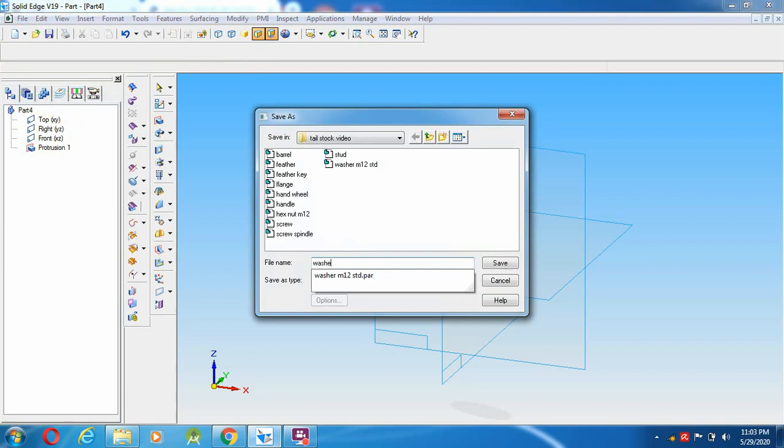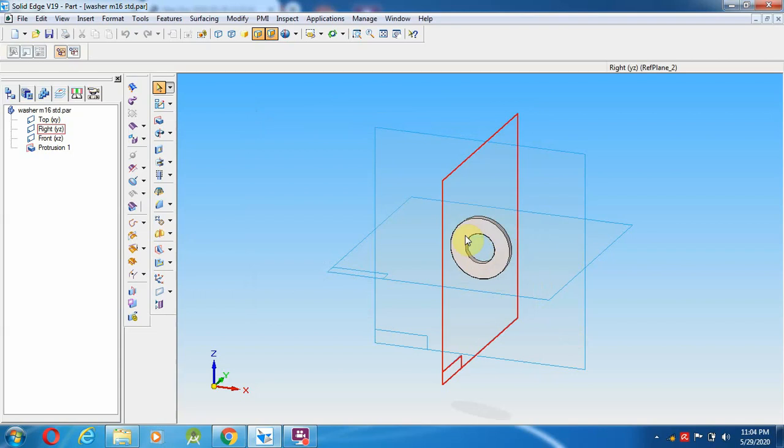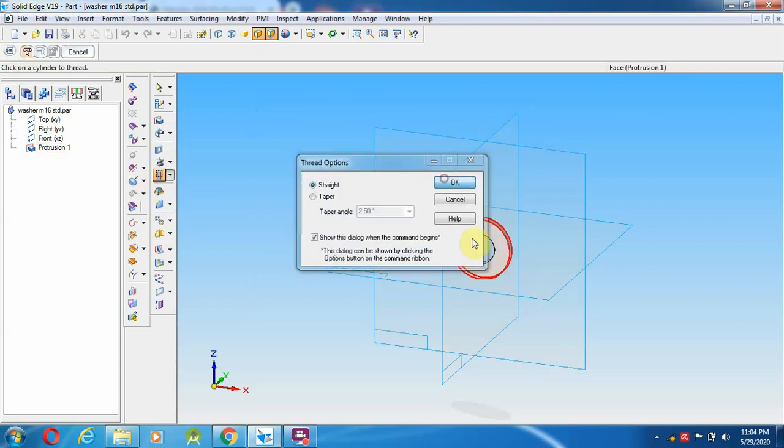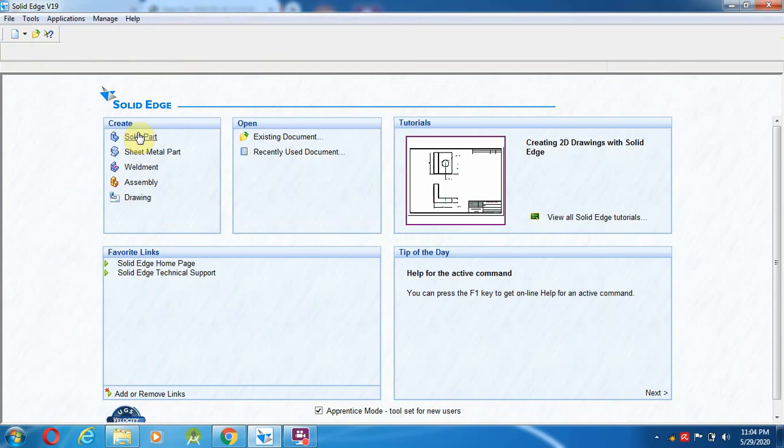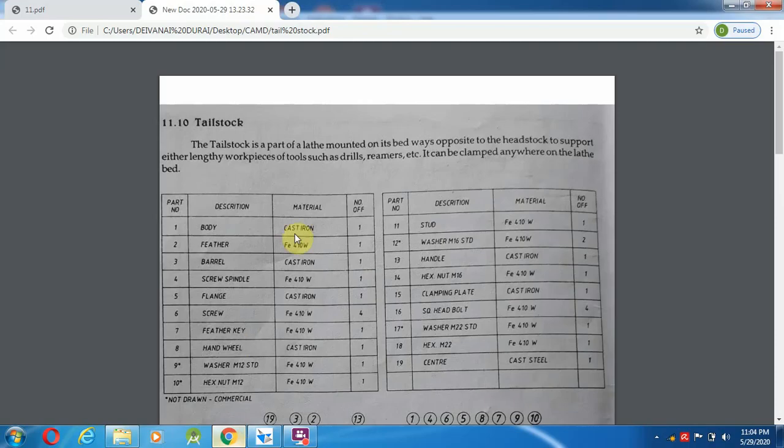Okay, search here washer M16 STD. So save this, and this is M16, so inside it is coming as a threaded one starting from here, left and right click. So again you can give save and close it, then go and click on the solid part.